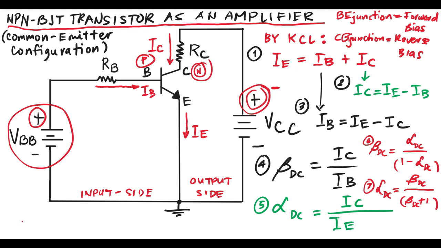And again, remember that the base emitter junction and the collector base junction, if connected in forward bias and reverse bias, will make the transistor work like an amplifier, and it will operate in the active region. And if you connect the base emitter junction and the collector base junction in reverse bias, it will work like a switch, but it will be a switch off. And the region of operation will be the cut-off region.